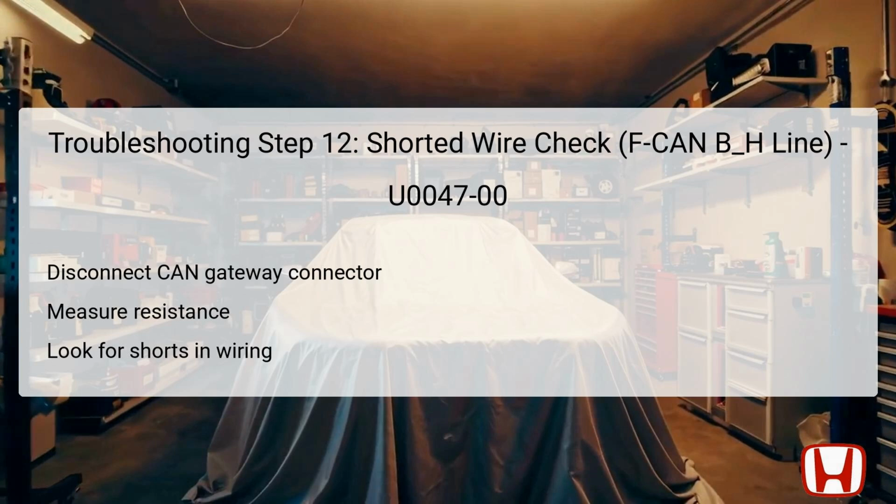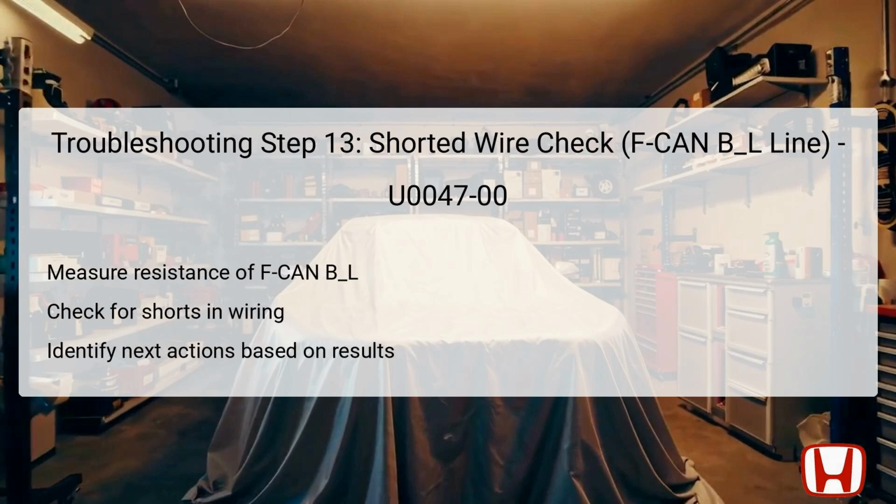This testing requires that the vehicle remains in the off state while extensively analyzing the connections to determine resistance levels. A resistance value of 1 mega ohm or greater indicates that there's no short in the wiring. If lower resistance is found, you will need to repair the short within the FCAN-BH wire, leading to the various connected units. This next step proceeds with measuring the resistance across the FCAN-BL line to identify any shorts that could continue to be causing DTC